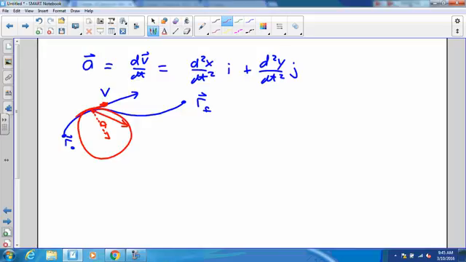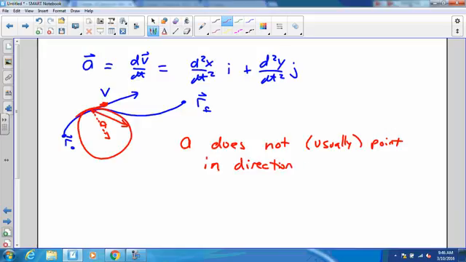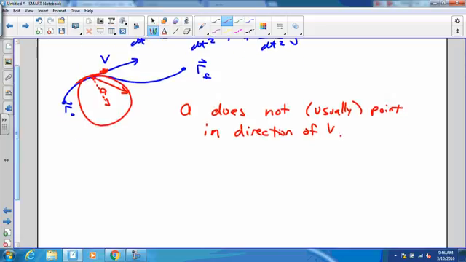and that component parallel to the velocity is going to tell us whether or not the object is speeding up or slowing down. If the acceleration is pointing forward in the direction of the velocity, the object will be speeding up. If it's pointing backwards, the object will be slowing down. And tomorrow, when we do our dot products, I'll actually prove that. For now, I just want to give you an intuitive picture of what's going on. The key is that the acceleration does not usually point in the direction of the